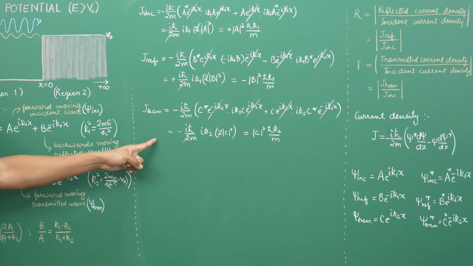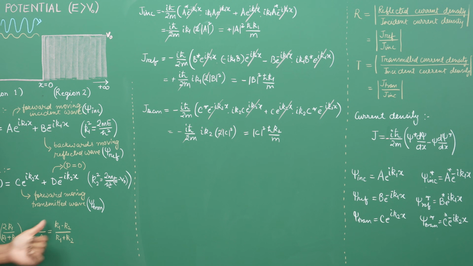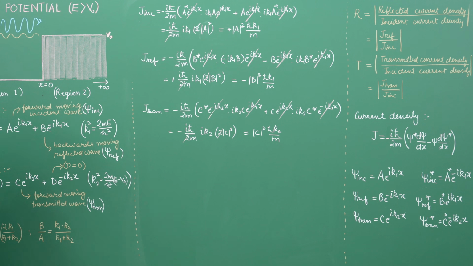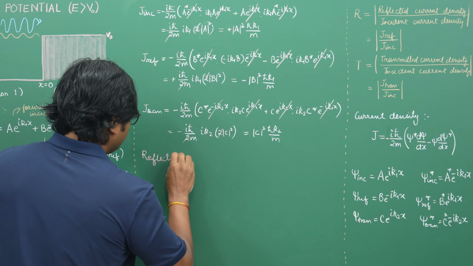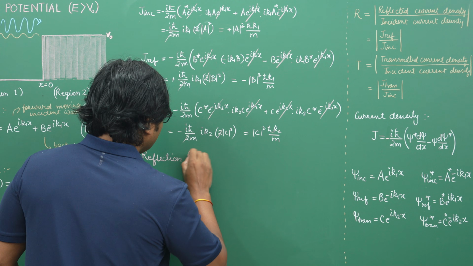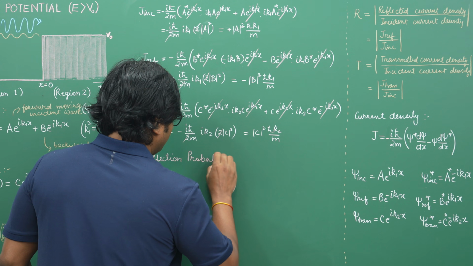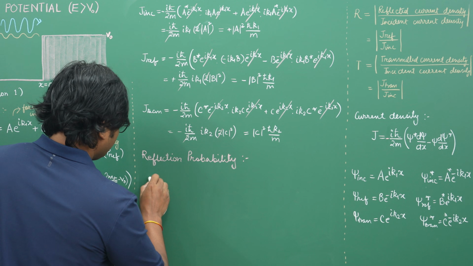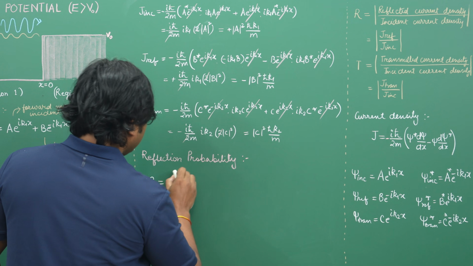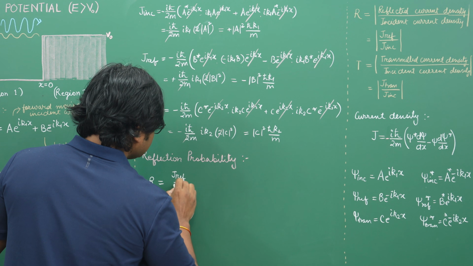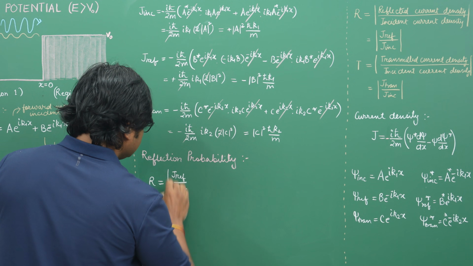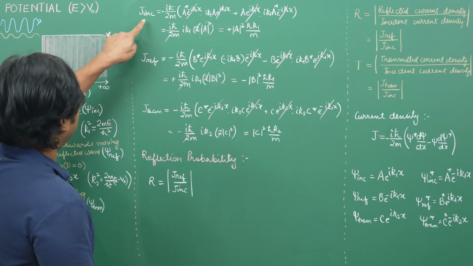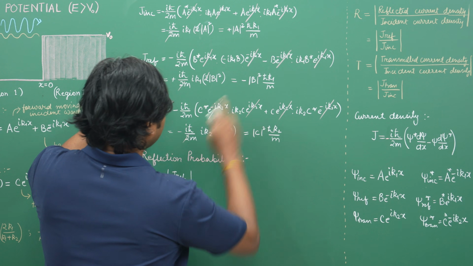Once you have figured this out, now we already know the ratios of C upon A and B upon A. I can plug them in to get the final answers for the reflection and the transmission coefficient. So let's do that. The reflection probability, or reflection coefficient, is equal to J, the current density for reflection, upon the current density for the incident wave, mod. Now what is J reflection? It is this,